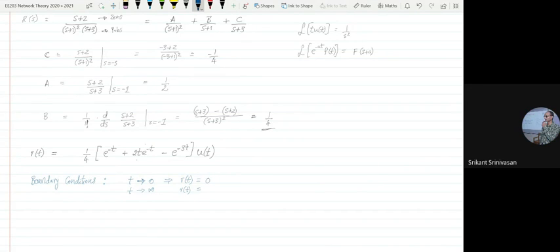What about t equal to infinity? This term goes to 0. This term goes to 0. And this term is basically exponential of minus infinity, and t is infinity. So what would this term be? As t tends to infinity, what is the value of this term? Sir, infinity into 0, 0. Sir, I think it is not defined by the rules.